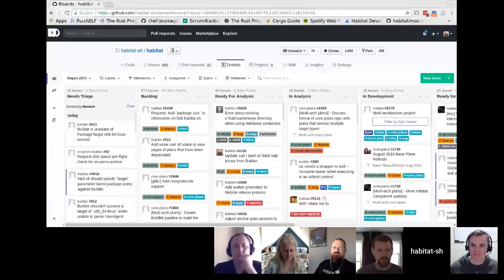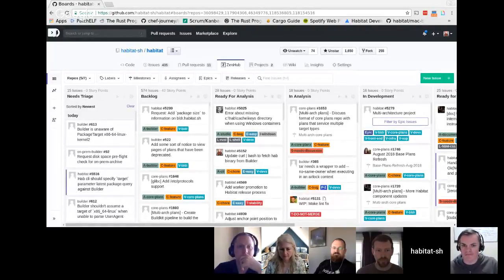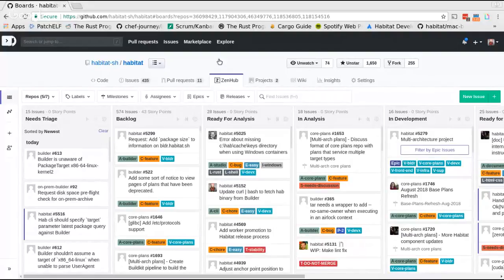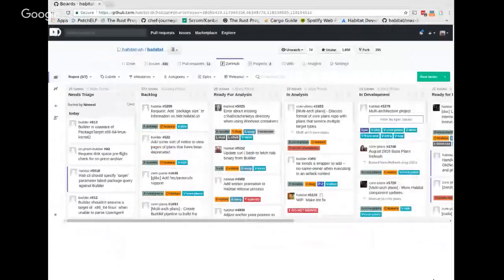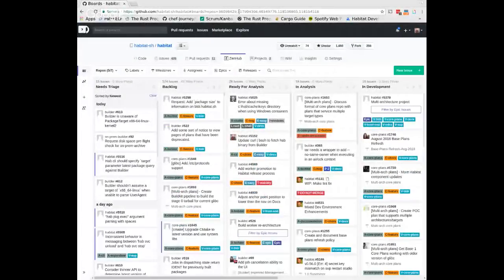So let me go ahead and share my application window here. Can everybody see that okay? Yeah? Rad. Sweet. I may actually just resize this a little bit because what we actually care about is this left side of this window. Sweet. Cool. So we're going to start with builder number